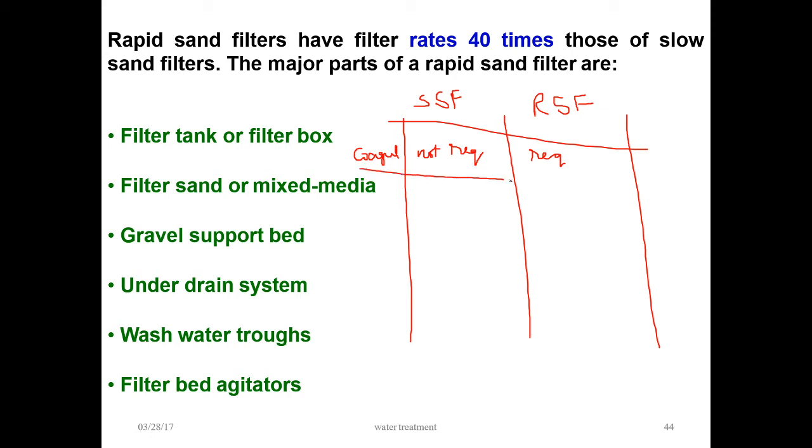Clear? This is clear. Next one is area requirement. A very large area is required for the slow sand filter. For the rapid sand filter, a small area is enough. Next one is economy.